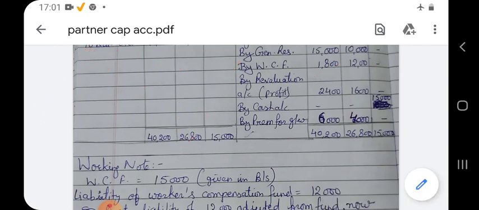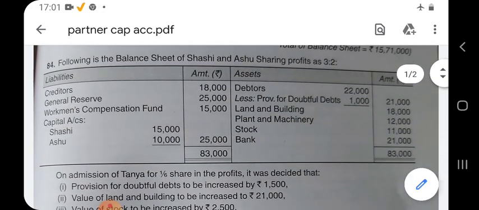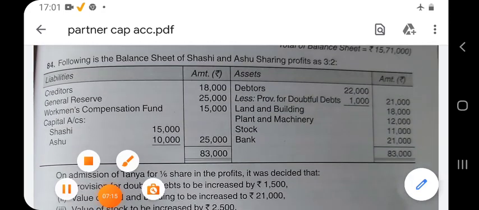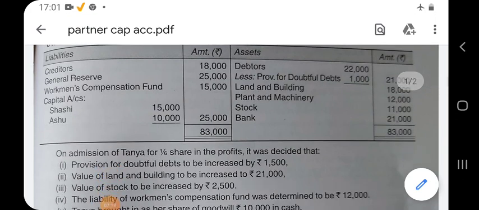Now next thing, again we will see our balance sheet. Anything else given in the balance sheet, we will check. As you can see, reserve and fund we have distributed. Remaining creditors are not going to be distributed among partners. And on the asset side also there is nothing which can be distributed among partners. Now